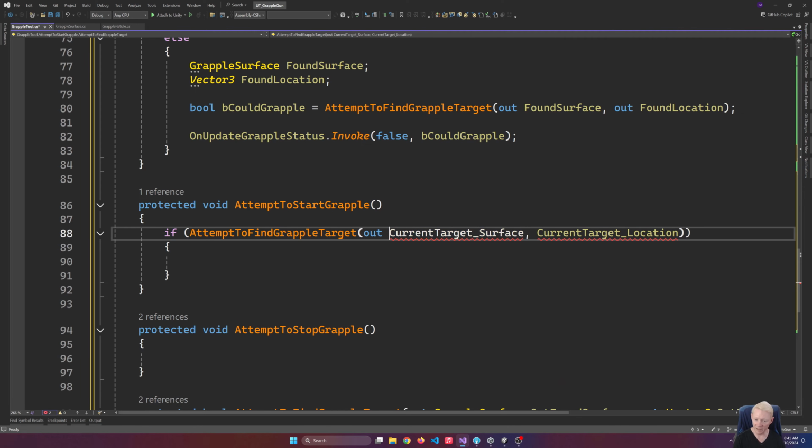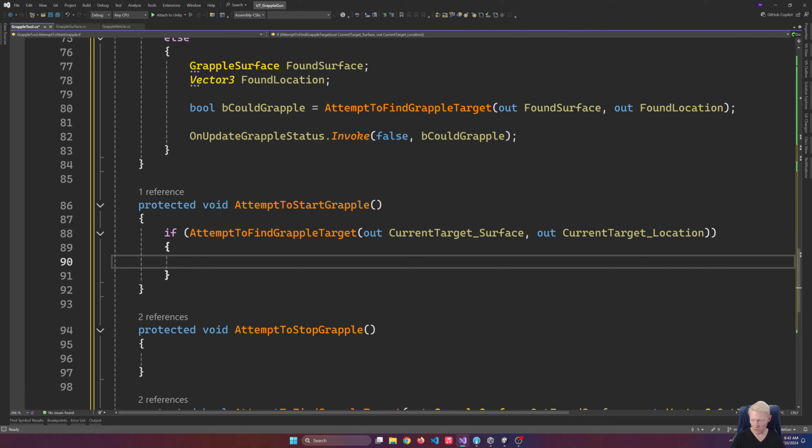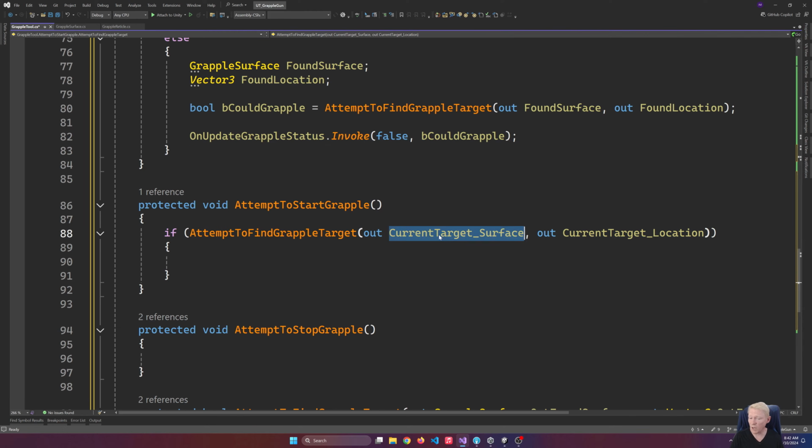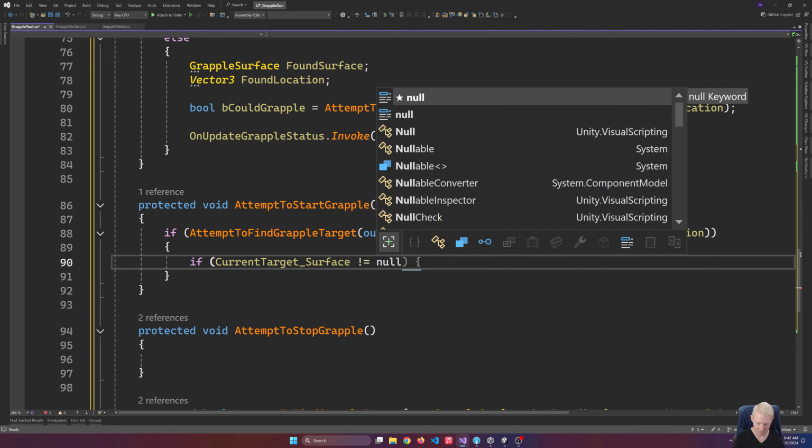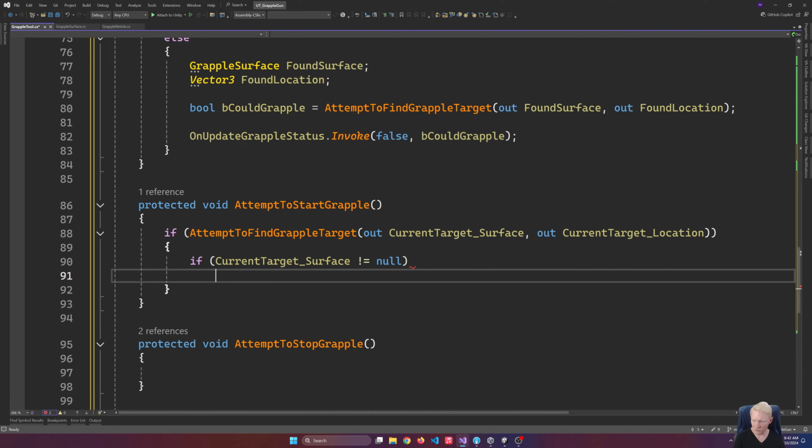We just need to make sure we put out here. So, okay, that's good. If we get to this point, we know that we have a surface potentially retrieved, because this might not retrieve an actual surface, which is okay, because some things won't have a surface, but if we're enabling grappling by default, that's fine. So what I need to check is, okay, if we've found something and we've got a surface, is that surface a timed one? So, okay, if our current surface is not equal to null, then what I would do is